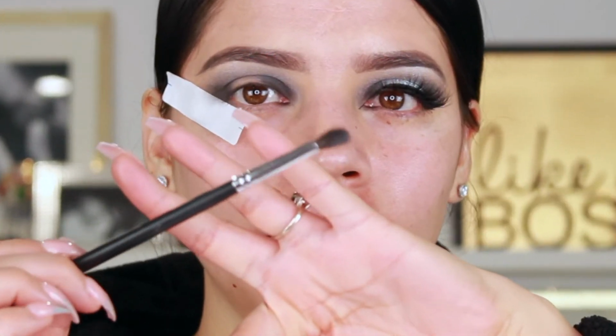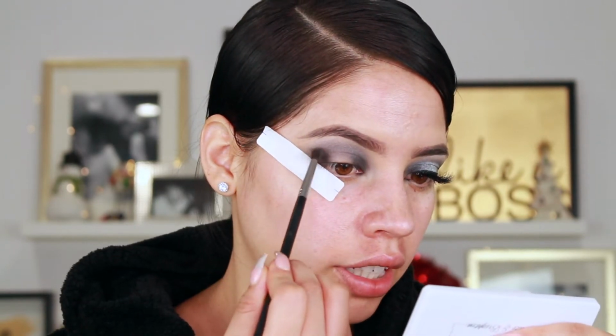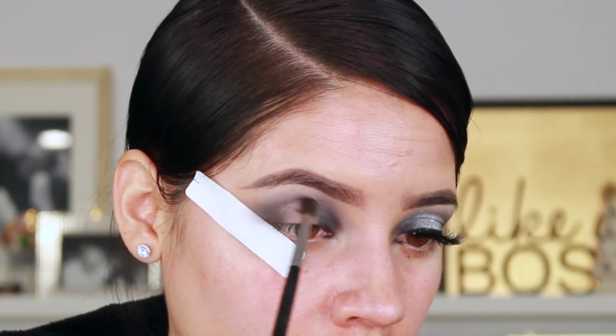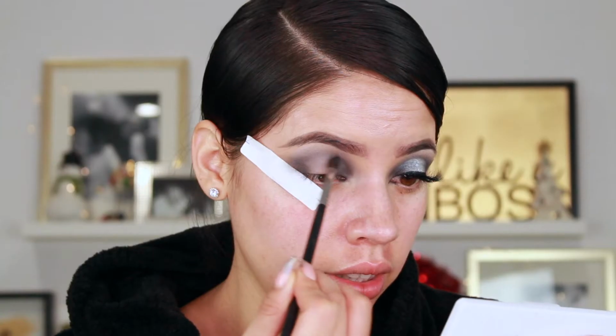Next, I'm just going to use a small brush, and this is an M506 brush. It's just a really small blending brush, and it's very precise. And I'm going to go ahead and just start blending out the edges of this dark color right here. And whatever's left over, I'm going to go ahead and just...